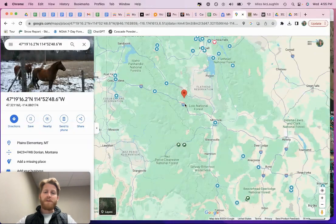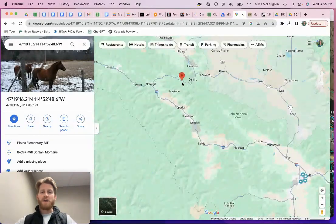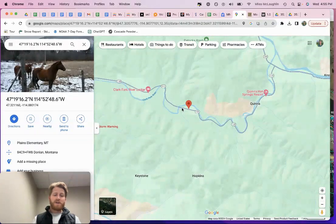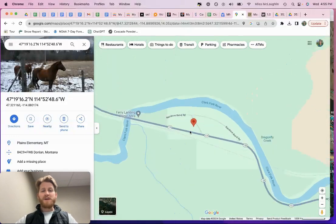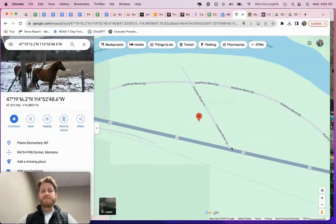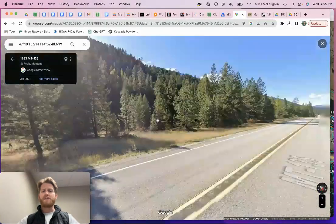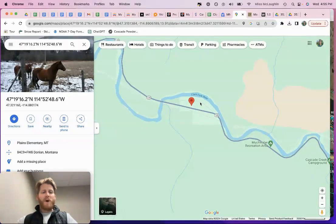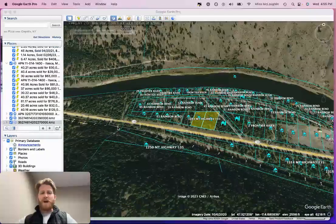And Northwest Montana is a special area of the country. There's not a lot of this that exists. I will tell you what, you don't go on Zillow, you just don't find listings back here. Not a lot of land pops up for sale in the state in general anymore. So we're happy to roll these out. Probably won't last long on these properties, but you do have street views too. If you are interested in taking a peek at the street views, you can hop in here and see what it looks like. So diving into common questions, FAQs, and I do want to hop on Google Earth,